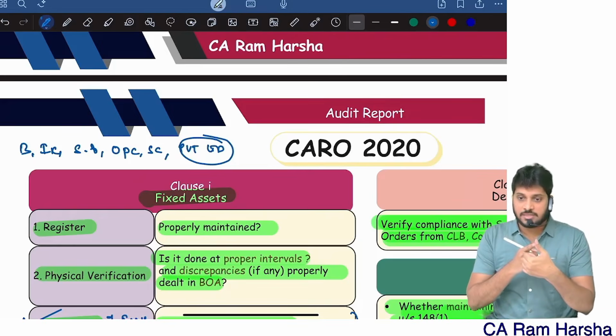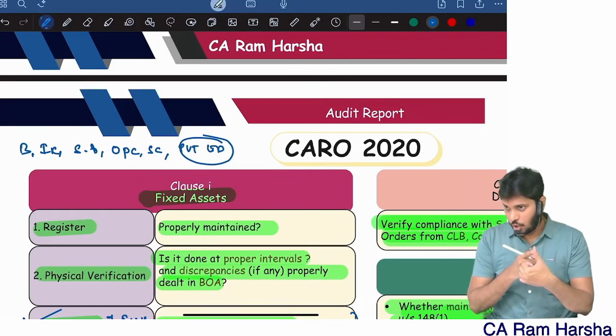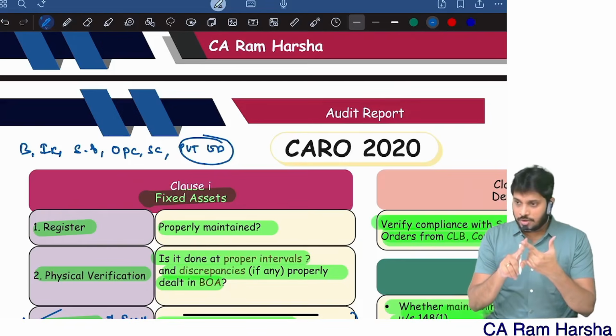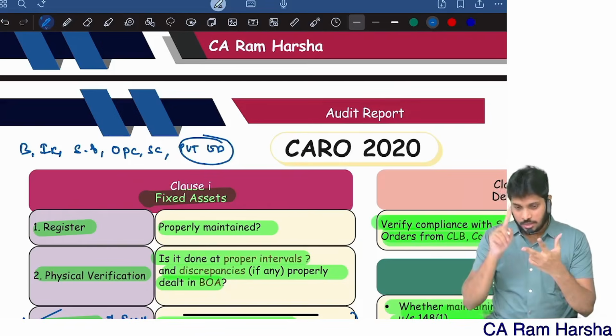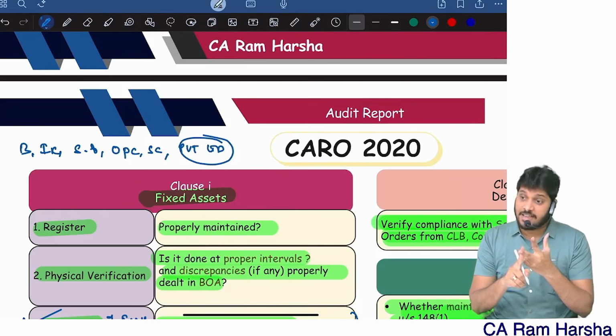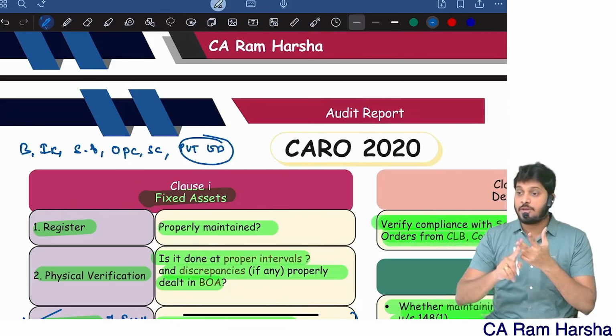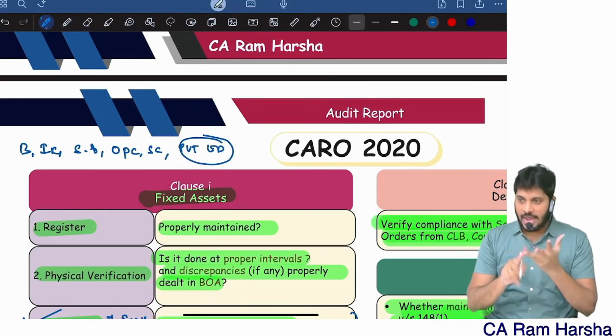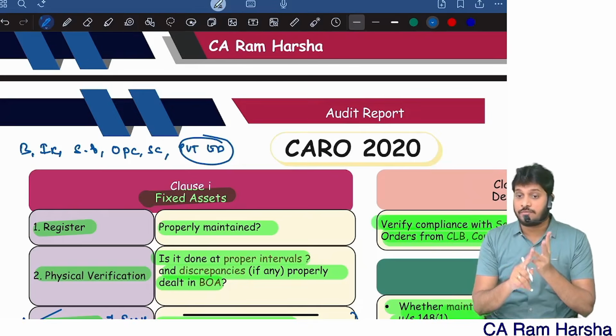Paid up capital and reserves and surplus shall be less than or equal to 1 crore on balance sheet date. Turnover of the company shall not exceed 10 crore. Borrowings of the company from banks and FIs at any time during the year shall always be less than or equal to 1 crore, and it should not be a subsidiary or holding of a public limited company.